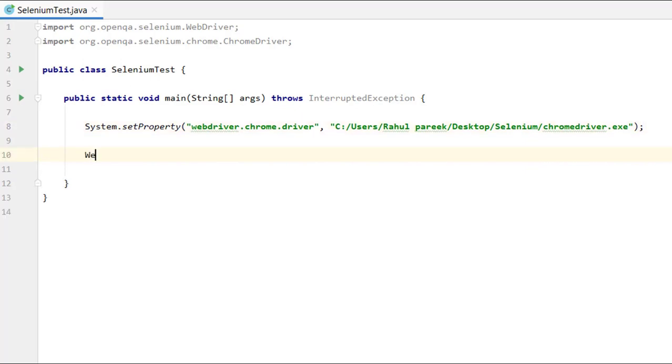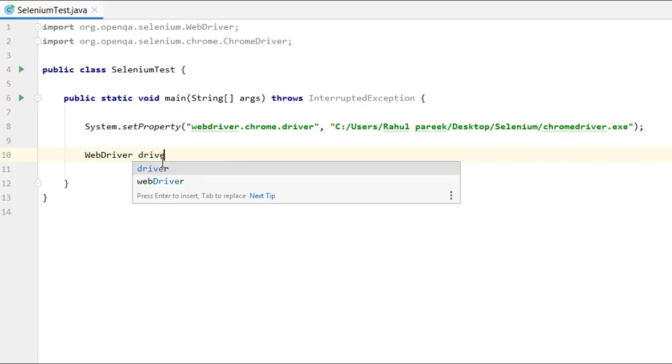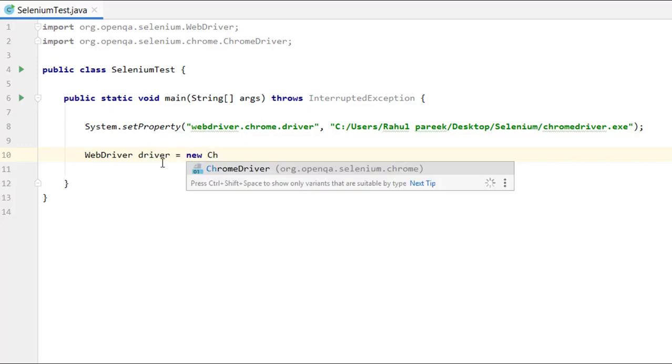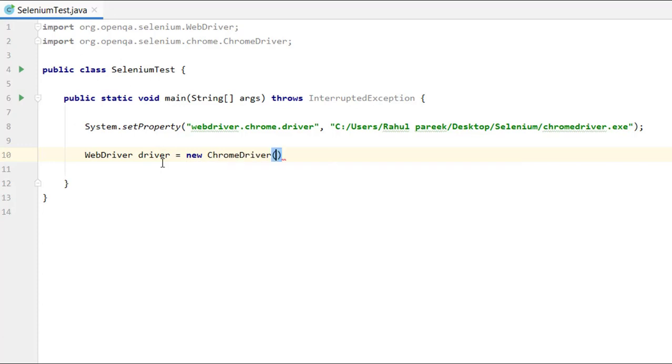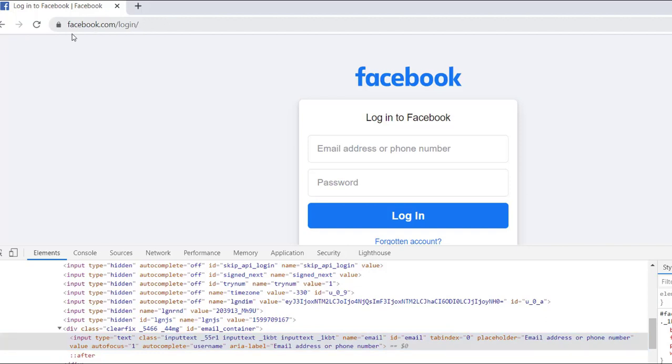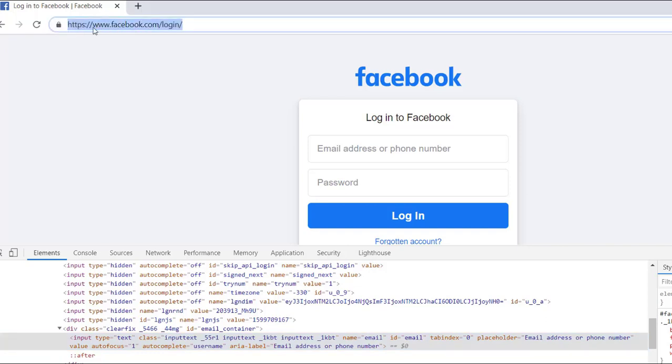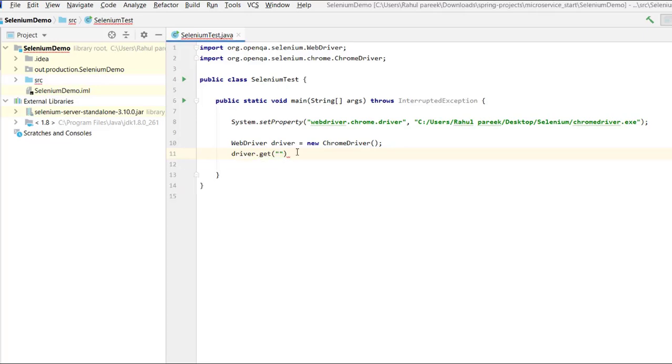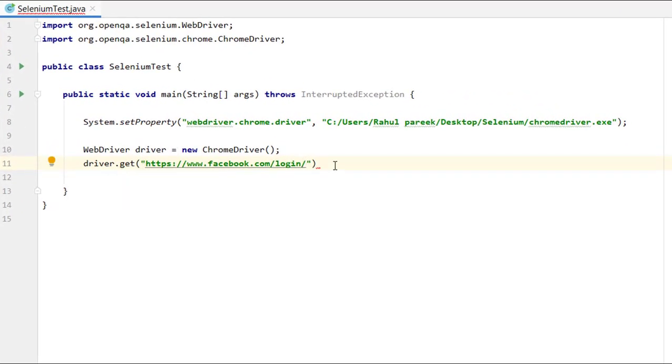For that, first of all, let me create a reference of WebDriver. This is the interface basically. So we can create a reference driver equals new ChromeDriver. I'm just instantiating this ChromeDriver through this particular reference driver. Then I need to go to the particular URL. So it is get, and the URL we need to give is the Facebook URL. Let me copy it in here. This is the URL, facebook.com login. I have copied it with the HTTPS, and then in my code let me do driver.get with this particular URL. Then the first one we need to do is with the ID.